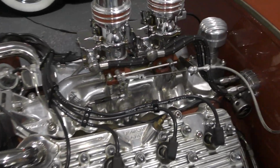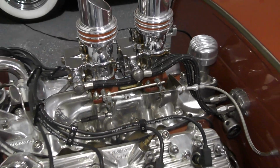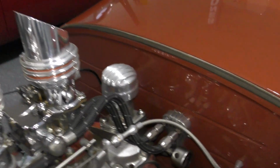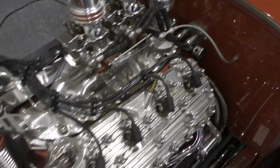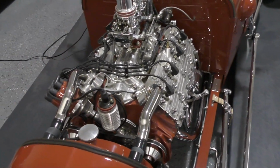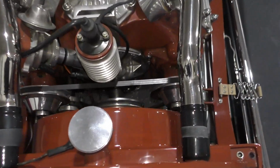Has dual chrome Stromberg 97s on it. You'll see the chrome bodies on the top there. Has custom billet machined air stacks on it. Just a detail on the firewall there, braided lines, the coil. I was kind of stepping around here, so we cruise around here, kind of give you a feel. I know it's going to be a little bit of a long video, but